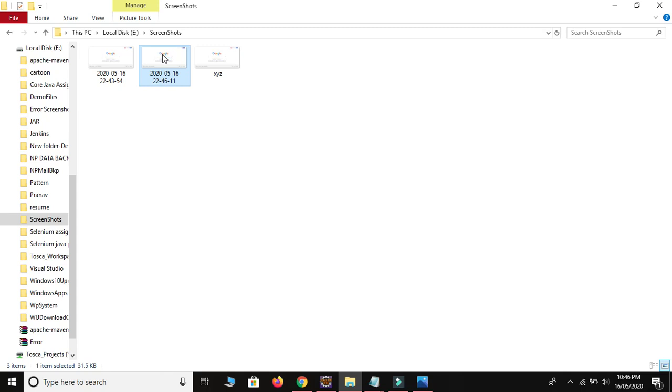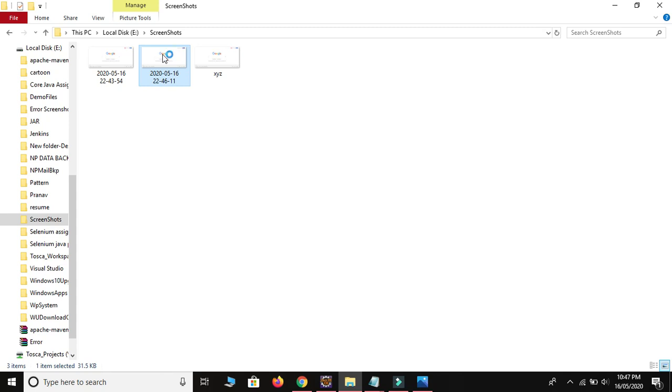So to draw the border and store the file in a particular name, that name should be changed at each and every second. So better to take the second as a name of the file. Okay, and if we take only second, then it could create some other issue. So better to take complete date and complete time whenever you take the screenshot.